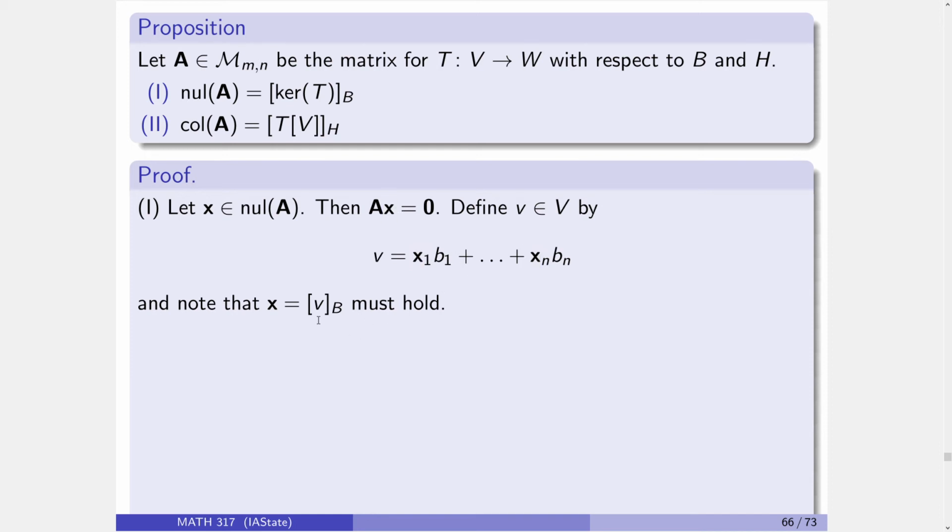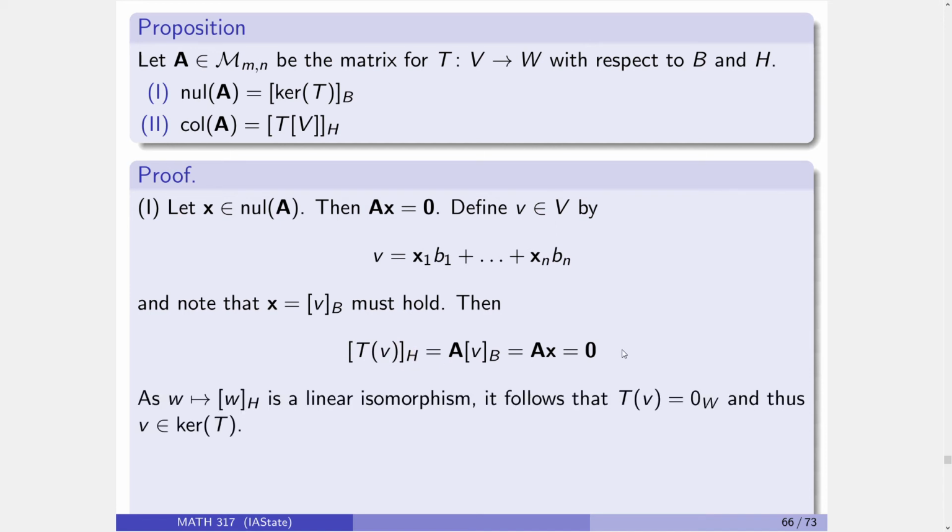Right, and note that that would mean that the coordinate vector for V would actually equal X. Right, because again, the coordinate vector is just what are the scalars you use to make the linear combo. All right, and because of that, since A represents T as multiplication, and we know this is equal to X, that gives me that T of V's H coordinate representation is equal to 0, and the only way that can